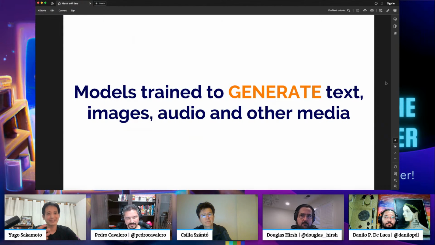We generate text, images, audio, and now you can also see videos generated from those models. That is the main difference from other models we have seen in the AI field. Machine learning is more focused on classifying and clustering things. For Gen AI, we are talking about generating things, okay?